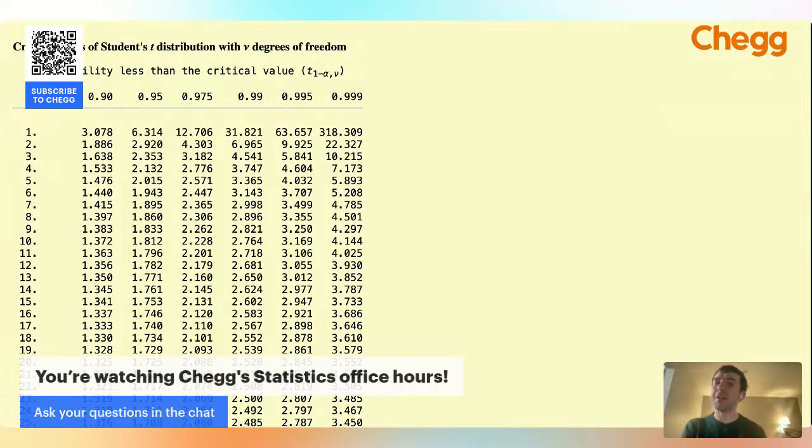And if it's greater than that value, we say that that's unusual, because under the null hypothesis, there's only a 5% chance of that happening. And so we would reject the null hypothesis at the 95% threshold. The reason we're using 0.95 instead of 0.975 is that we're doing a one-tailed test, because our alternative hypothesis is only that the pigeons are heavier than average. So this is 2.132.